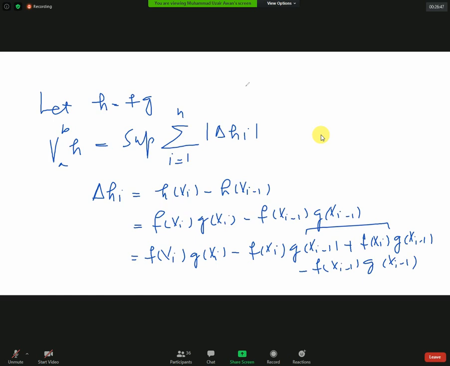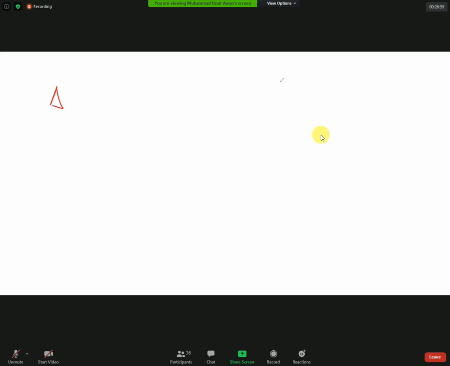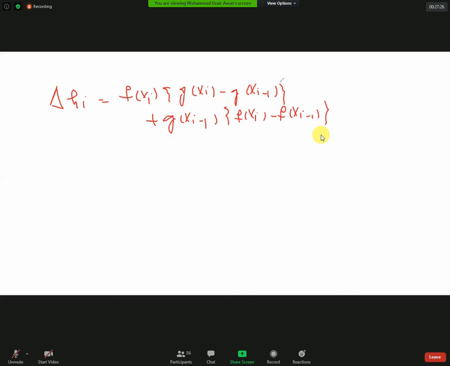अब आप देखें तो इसमें से f of xi कॉमन आता है और यहाँ से g of xi minus 1 कॉमन, इनको कॉमन लें, तो हमारे पास आ जाएगा del Hi, that will be equal to f of xi, कॉमन लिया हमने f of xi, g of xi minus g of xi minus 1, ये आ गया, प्लस दूसरी टर्म में से g of xi minus 1 कॉमन ले लिया तो आ गया f of xi minus f of xi minus 1, ये कॉमन, ठीक हो गया। और this is equal to, ये बन गया del Gi और ये बन गया del Fi, ठीक हो गया।